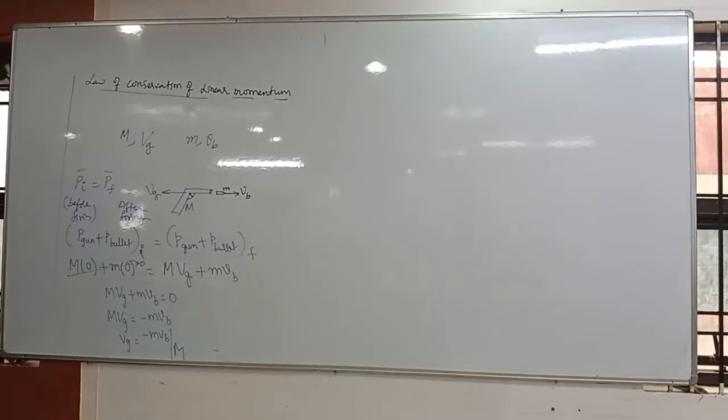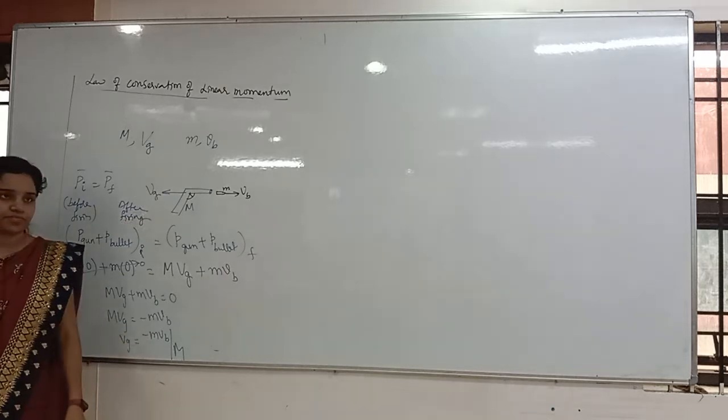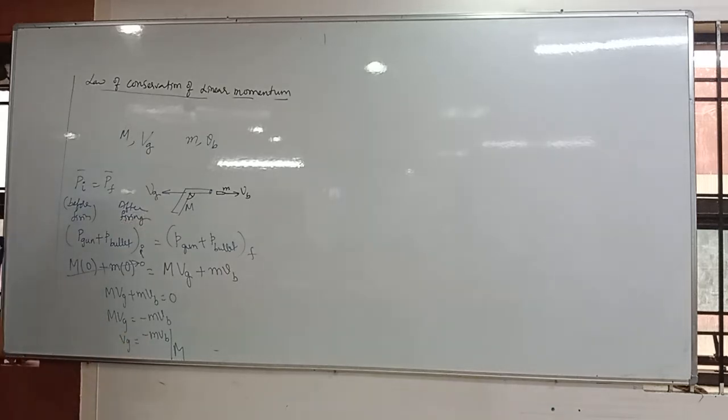Uploading only very big matter. It's done, right? The bullet is moving forward and then the gun is recoiling backward. So only we are getting a minus here. Write that: the negative sign indicates that